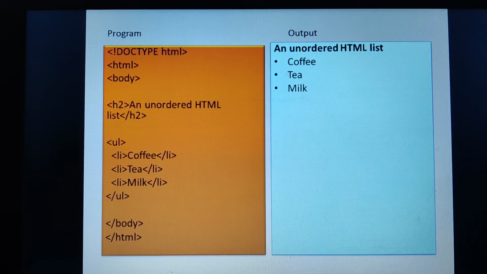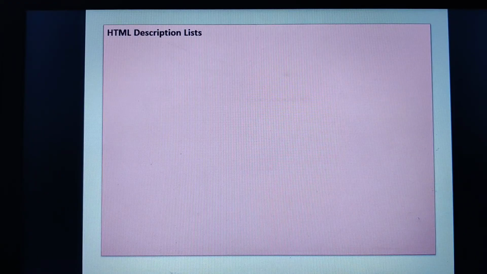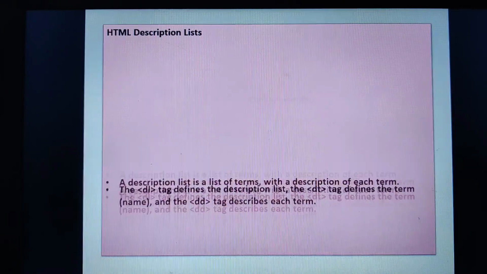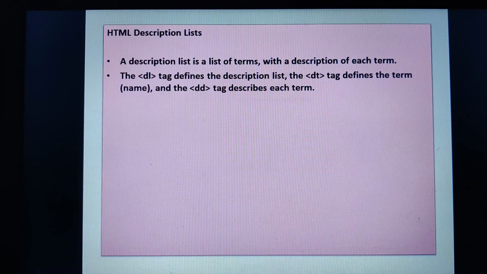understand the concept easily. Moving on to the next one here, that is the HTML description list, the last list. So herein, if I have to provide a description of a list of terms by providing the description of each term, like coffee, I want to add a description to that coffee, I want to add a description to tea, I want to add a description to the milk item, then we have to go for the description list. In order to list the item, like how in UL and OL tag we are using the LI tag to list the item, here we are using the DT tag to list the item.